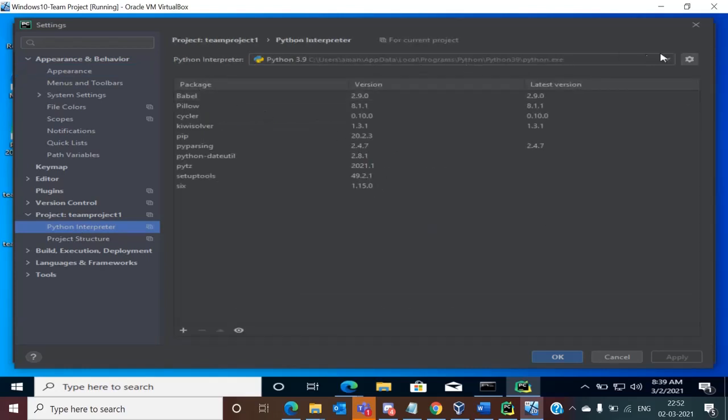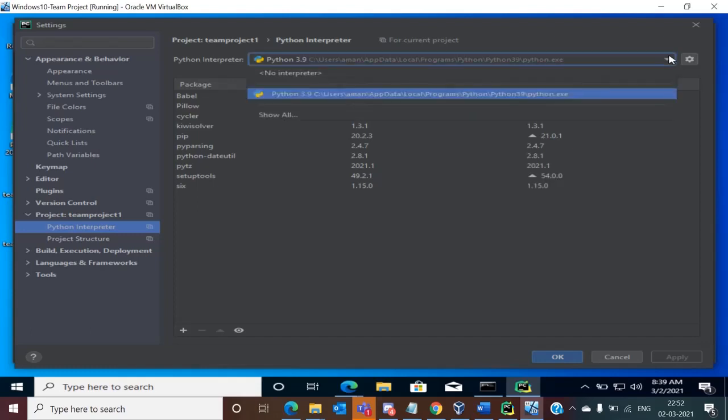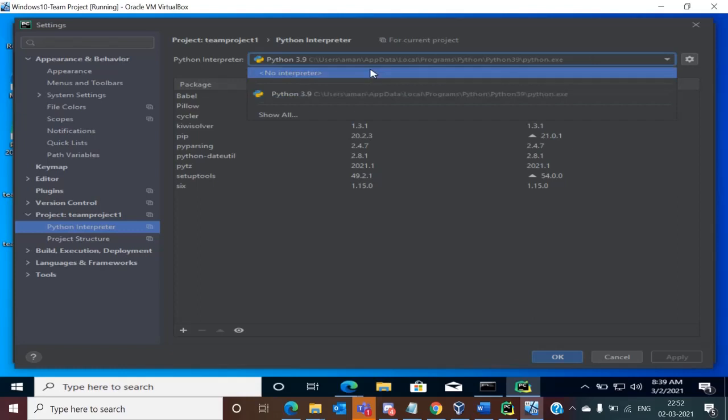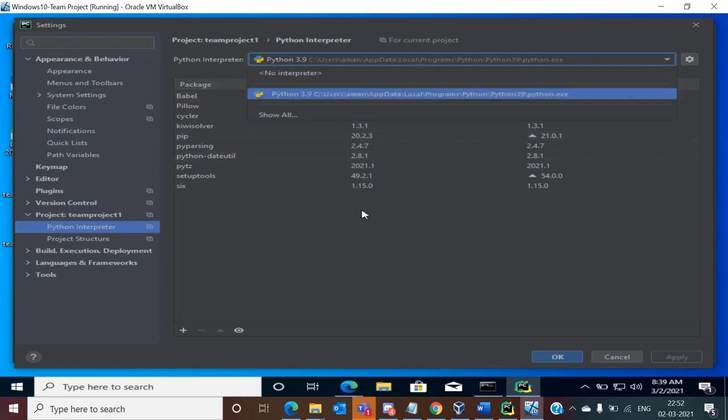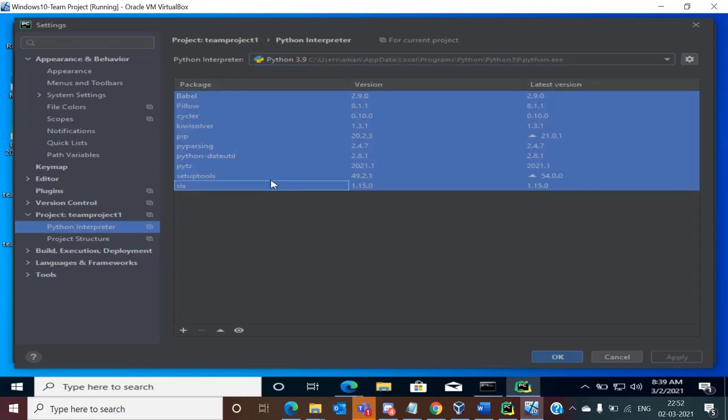At the very top, you can see the list of all the available interpreters. Right now, I have only Python 3.9. This list shows us the packages that are available with my interpreter. If I want, I can install additional packages as per the requirement of my project. Click on OK.